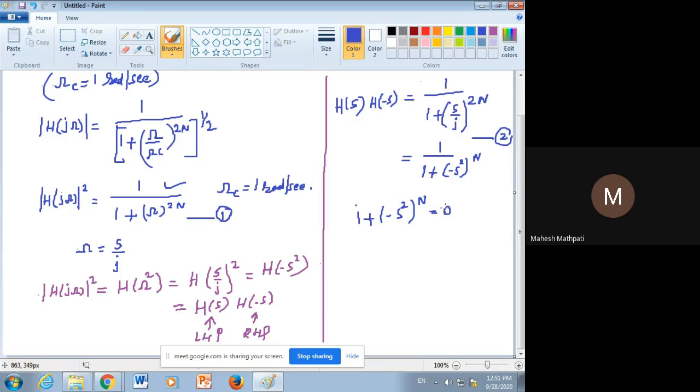Let us call this equation 3. The next line, just write, for n odd, equation 3 can be written as